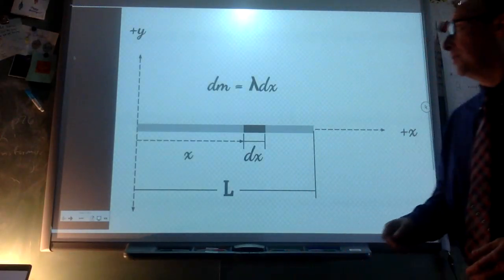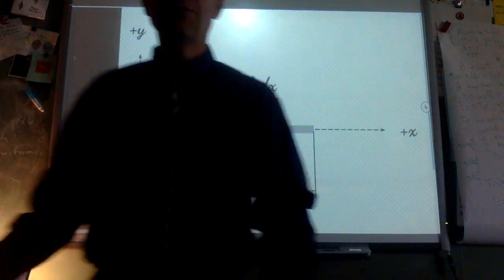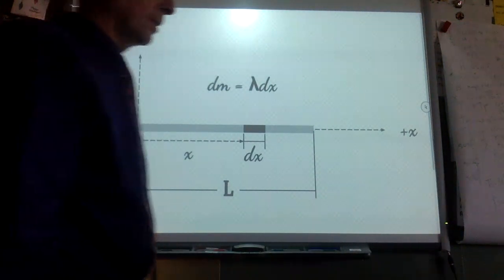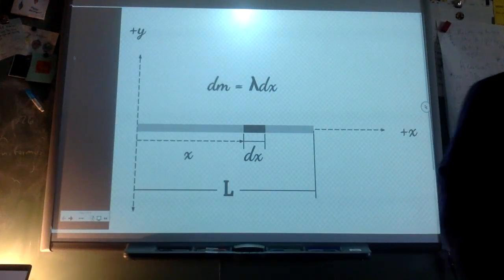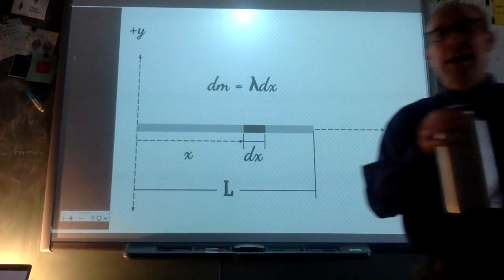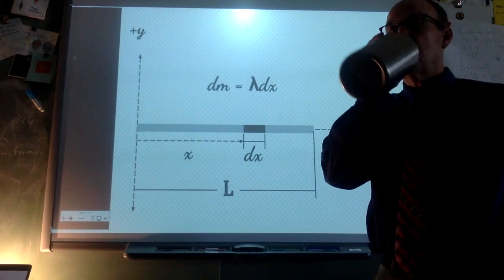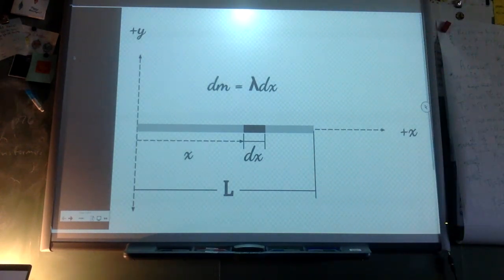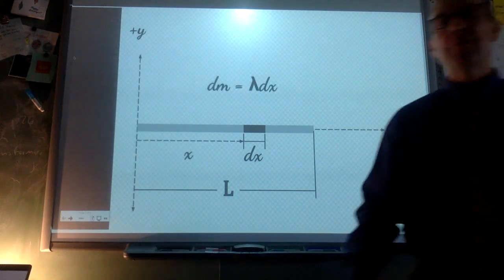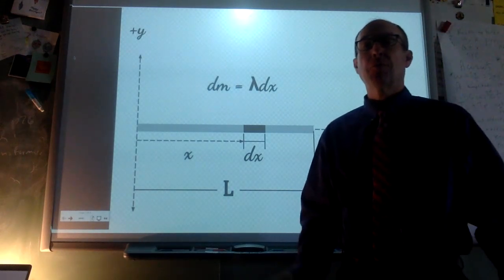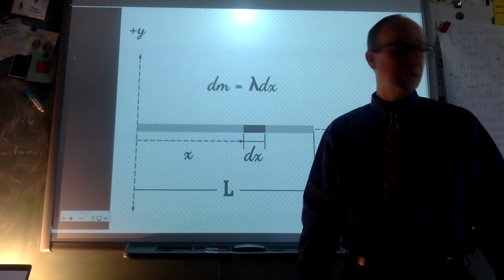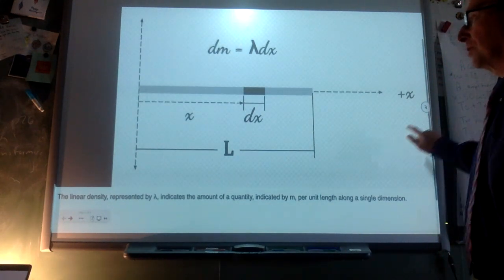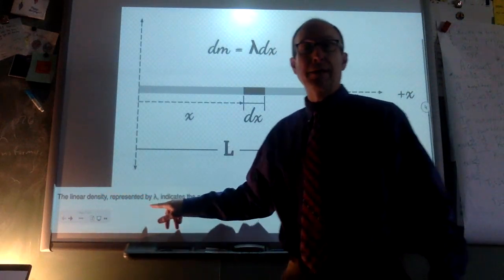Hey guys, I wanted to do a couple examples with you if you have something that does not have uniform mass density. This shows up once in a while. If it doesn't have uniform mass density, they'll give you a function for what the mass density is. So we identify the linear mass density as lambda,